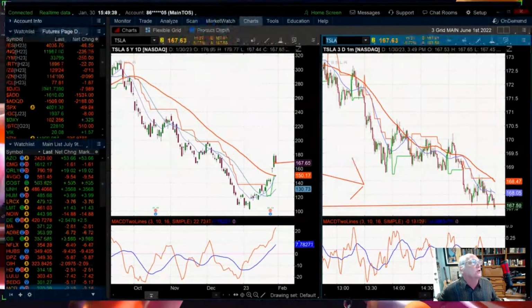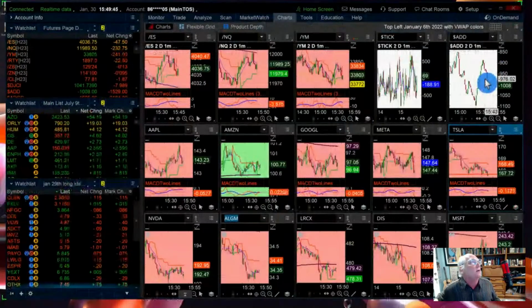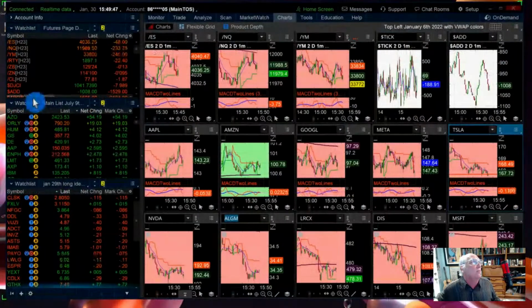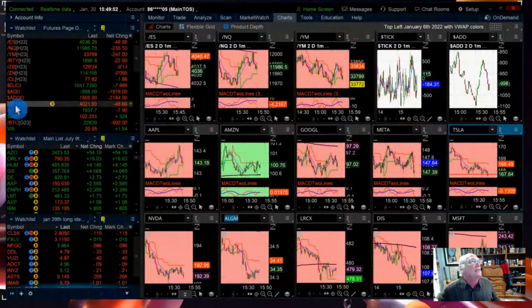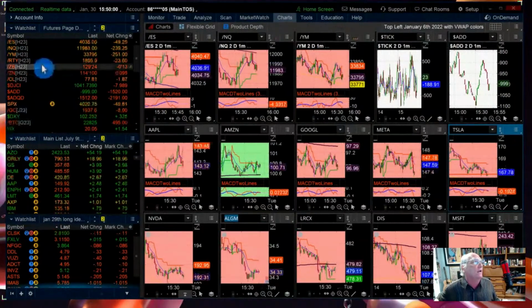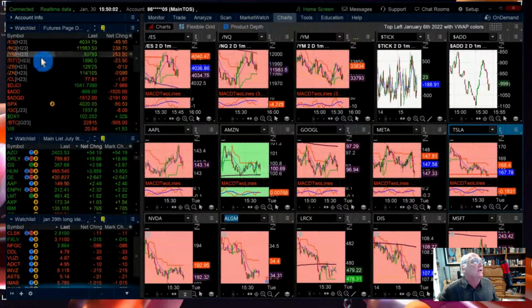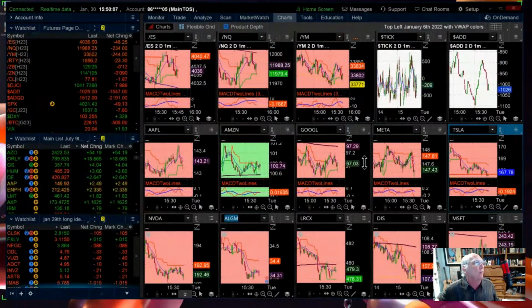I'm watching that things are too extended to the downside, but the advanced decline just isn't that bad. So we already made our money on it. It sure seems, I'd think more 425, but I don't know. We took our money and now I'm not going to worry about it. I am telling you, you're starting to see risk off with Bitcoin down. So I think we're going to get a lot more bear flags form.